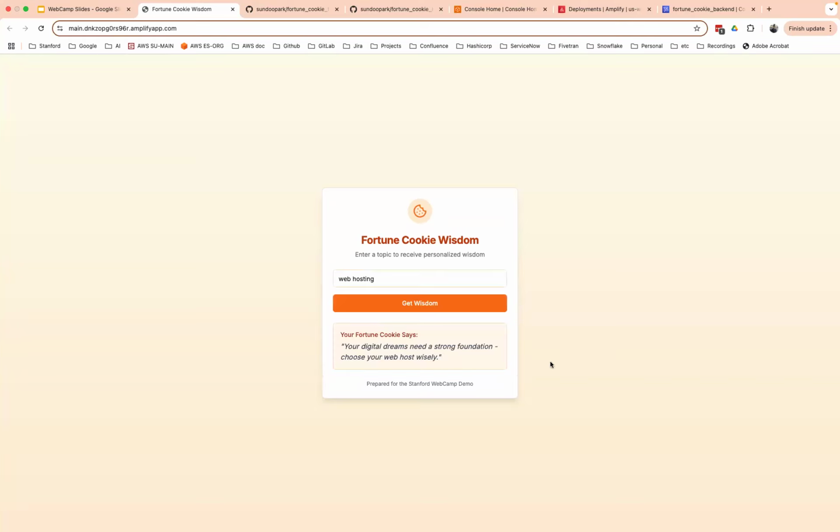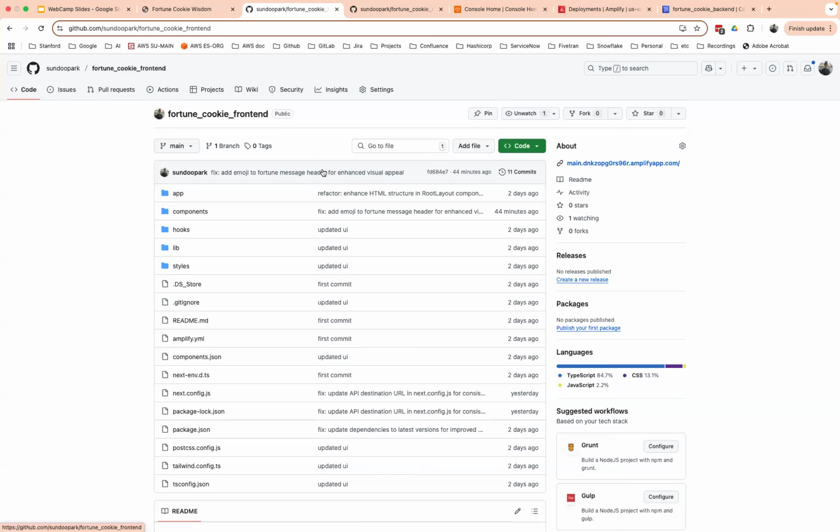With web hosting, your digital dreams need a strong foundation. Choose your web host wisely. There could be some doubt about whether this is wisdom or not, but anyway, this is how this demo website is currently working. And now the demo that I want to show you is, so this is the front-end